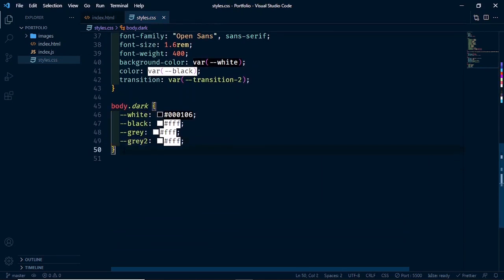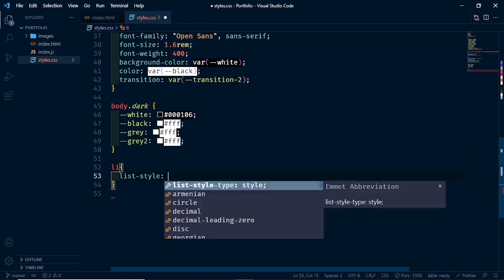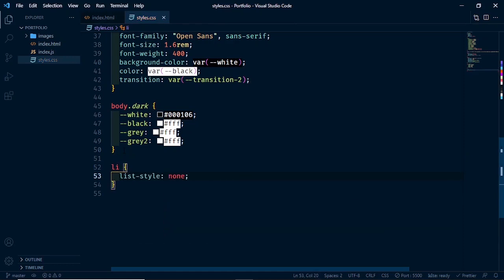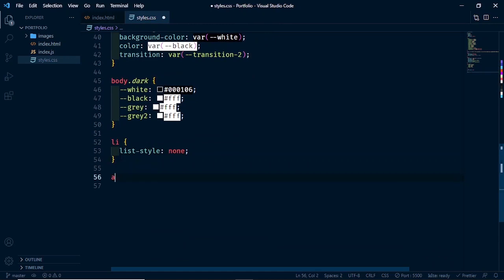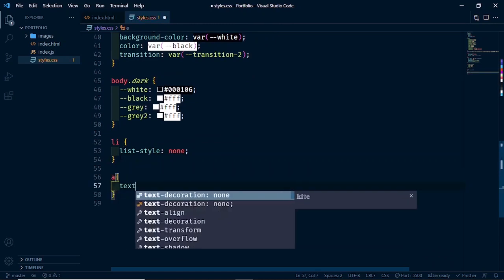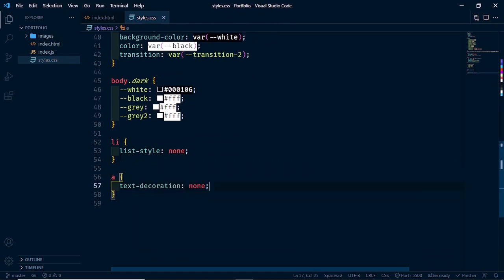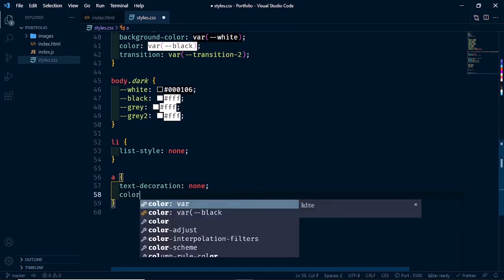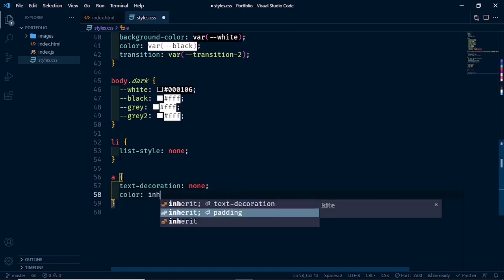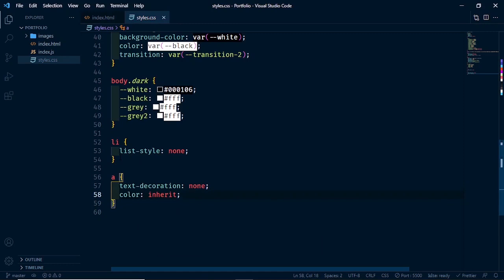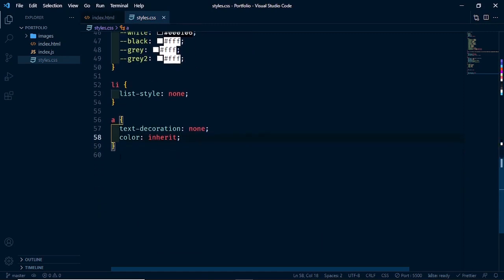Let's select all our LIs and set list style to none. And for our links, let's set text decoration to none and give it color of inherit. That will inherit from the body. And let's create,